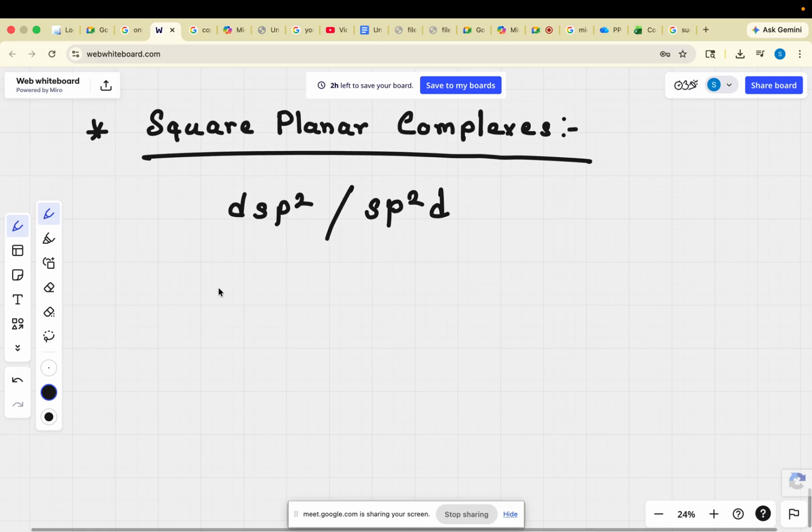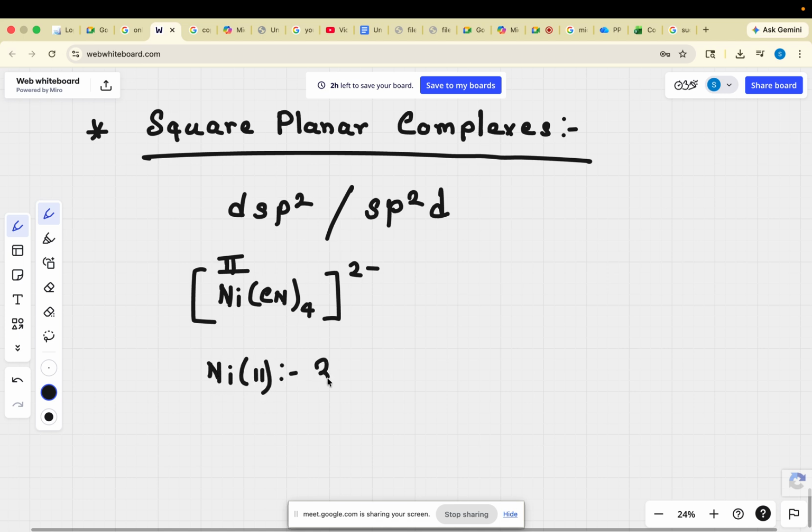Okay, suppose I am writing one of the square planar compounds. Suppose you have this Ni(CN)4 2 minus. You have this compound, nickel tetracyanide. So the oxidation state of nickel will be 2. And if you have nickel 2, how many electrons are possible here? 3d8, right? So if I draw it,